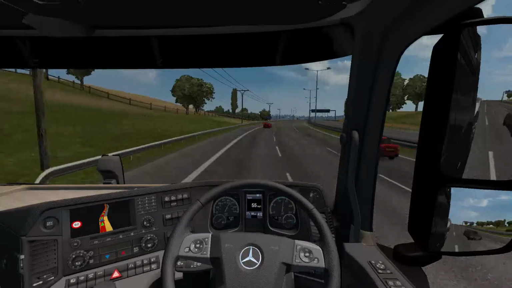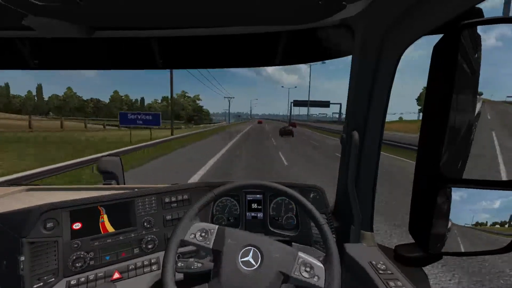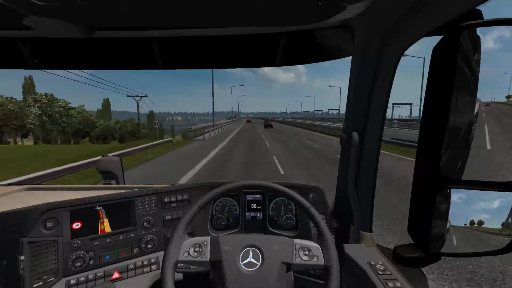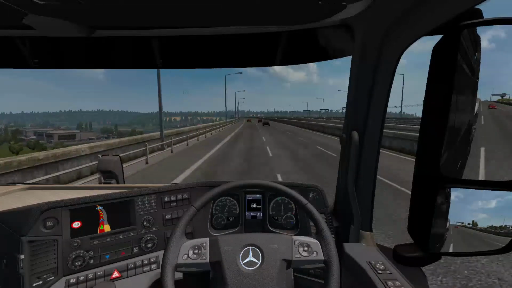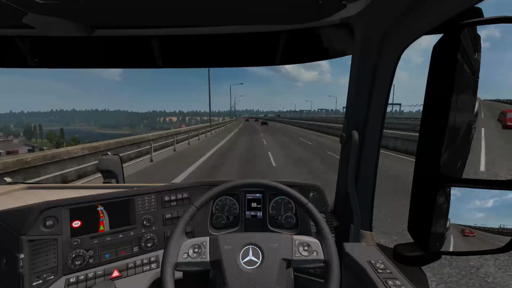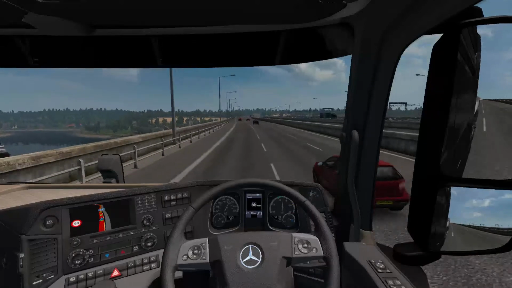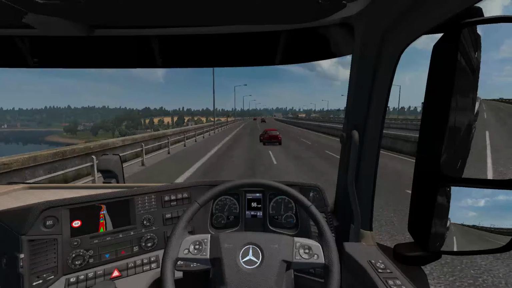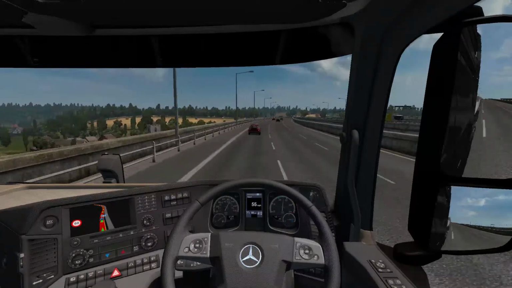Euro Truck itself is not an expensive game if you compare it to a lot of others. The brand new Forza was about 60 quid. FIFA 19 this year, they put the price up from 50 to 60 quid. OMSI 2, that's about 20 quid. If you take into account Fern Bus Simulator, Tourist Bus Simulator, they're about 20, I think about £27. This game is about 15. So I don't understand. And then they've also done American Truck Sim. That's, I think, also about 15. But it just seems silly. This is such a good game.